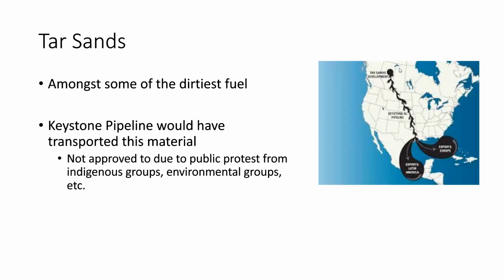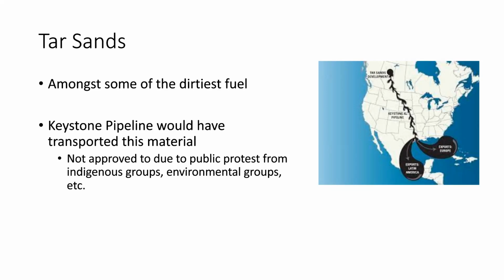Not great with Canadian geography. But in that location, we've got tar sands, which are just going to be extremely, extremely dirty sources of fuel. And what they wanted to do with the Keystone pipeline is essentially just take that tar sand, pump it down, ship it across the plains of America, that little bit in Canada as well.